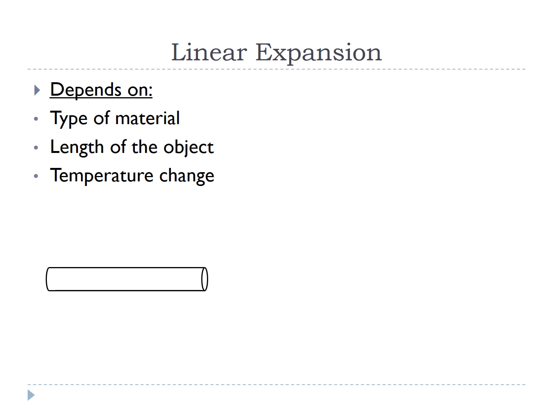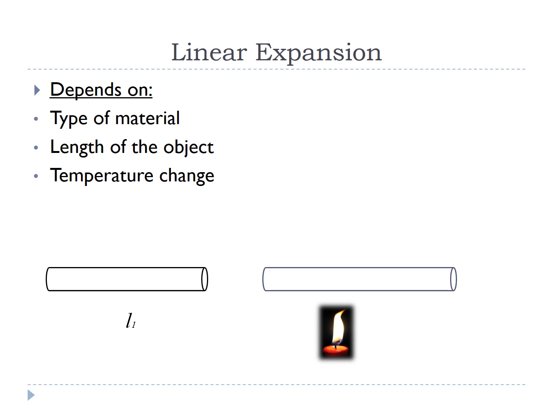Suppose that I have a rod which has the length L1. I am heating the rod. Because of the heat, there's going to be a temperature change, and you will see that the length has increased and the final length has changed to L2. So I've just taken a rod which had a length of L1 and heated it. The temperature started increasing, and because of that, it expanded and the length became L2.